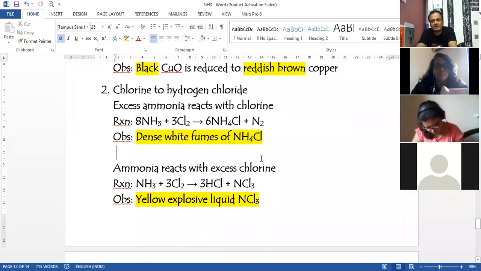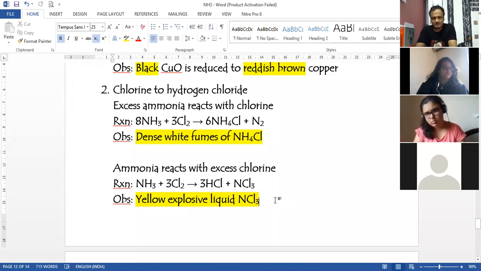Now, there is another way of asking a question from this part of the chapter, like in this question, that is the second part, they will ask you, name the gas which is formed when ammonia reacts with excess of chlorine. So since we are studying how NCl3 is formed, that is the observation we'll be studying a lot, so we tend to write that answer, but then you need to know that the gas which is formed in this reaction is hydrogen chloride gas and not NCl3. So you need to read the question properly before you write the answer. So the gas which is produced in this reaction, that is when ammonia reacts with excess of chlorine, is hydrogen chloride, and the liquid which is formed is NCl3, that is nitrogen trichloride.